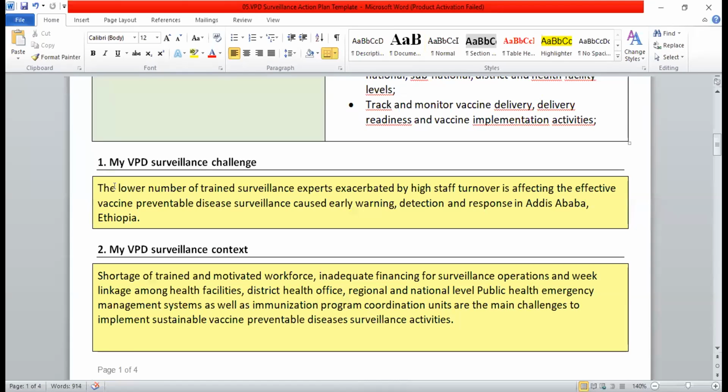My vaccine preventable disease challenge: the lower number of trained surveillance experts, exacerbated by high staff turnover, is affecting effective vaccine preventable disease surveillance, including early warning, detection and response in Addis Ababa.